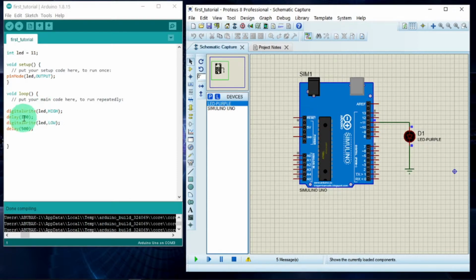It will blink: it will come on for 100 milliseconds, and then it will be off for 500 milliseconds. That's why you see the on time is lesser than the off time. So now we are going to see how